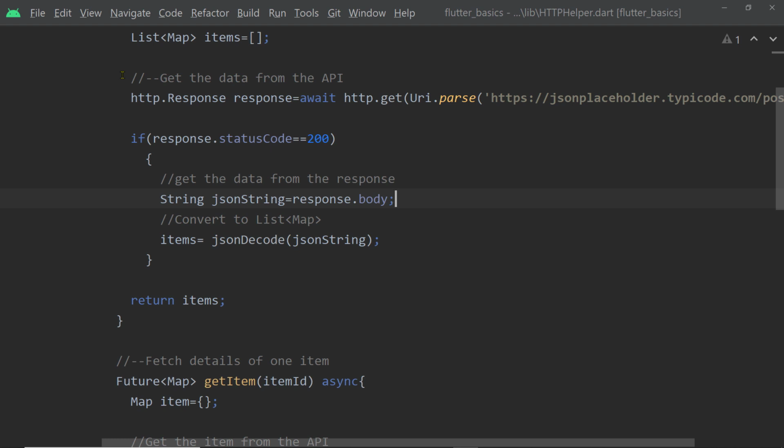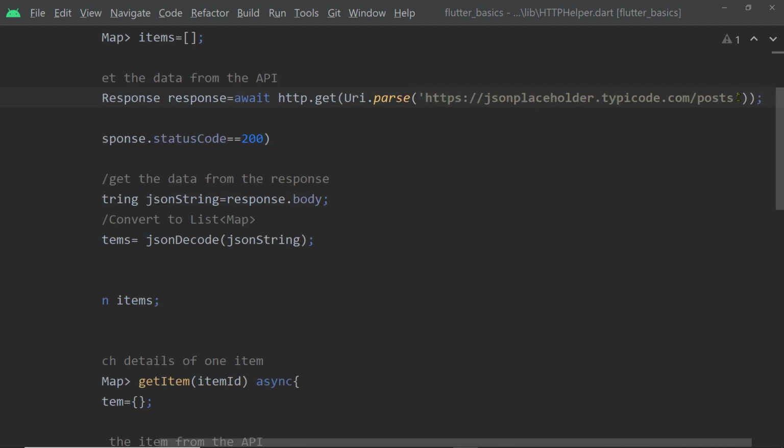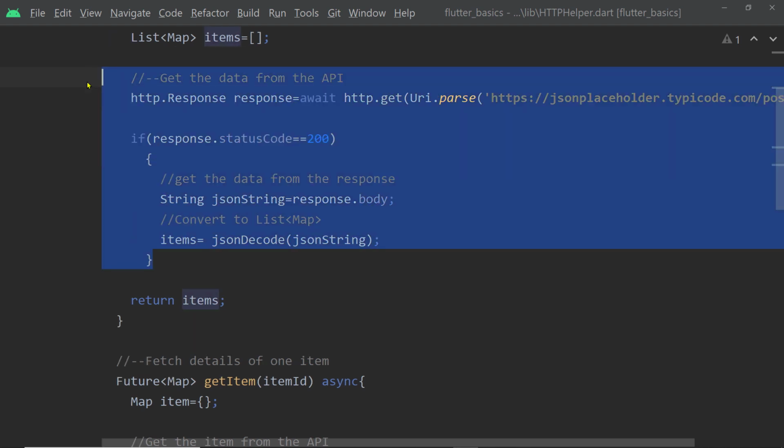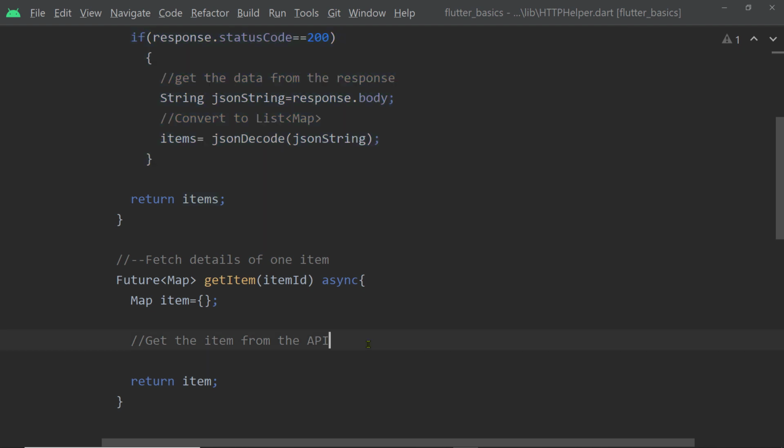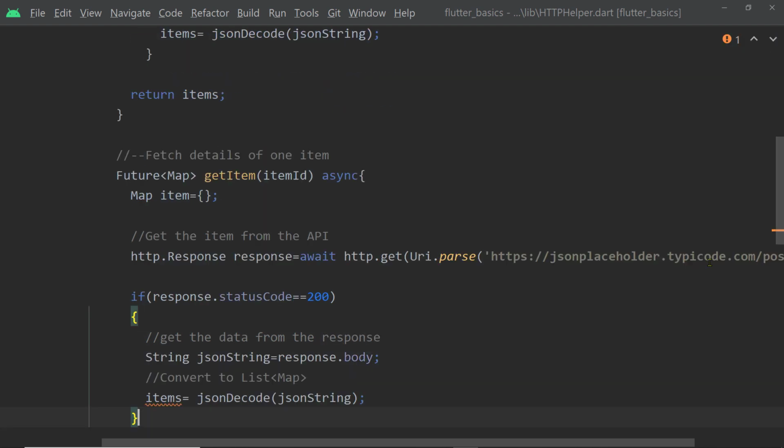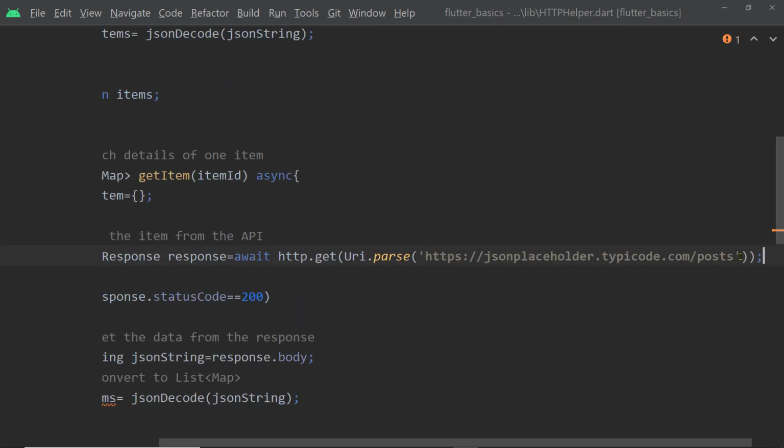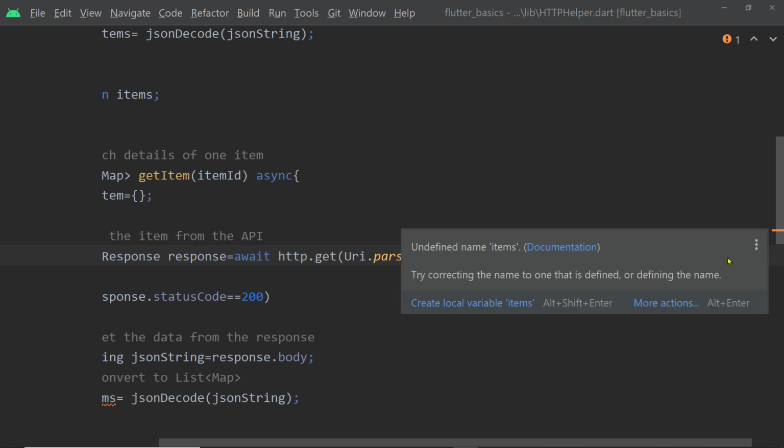If you take a look at the guide of the fake API, then you will notice that we have to make a request to a URL like this one. We just have to add the ID here. Alright, so let's copy this and paste it here, and we are going to add the ID of the item to be fetched. We have the ID from this argument, right? So here